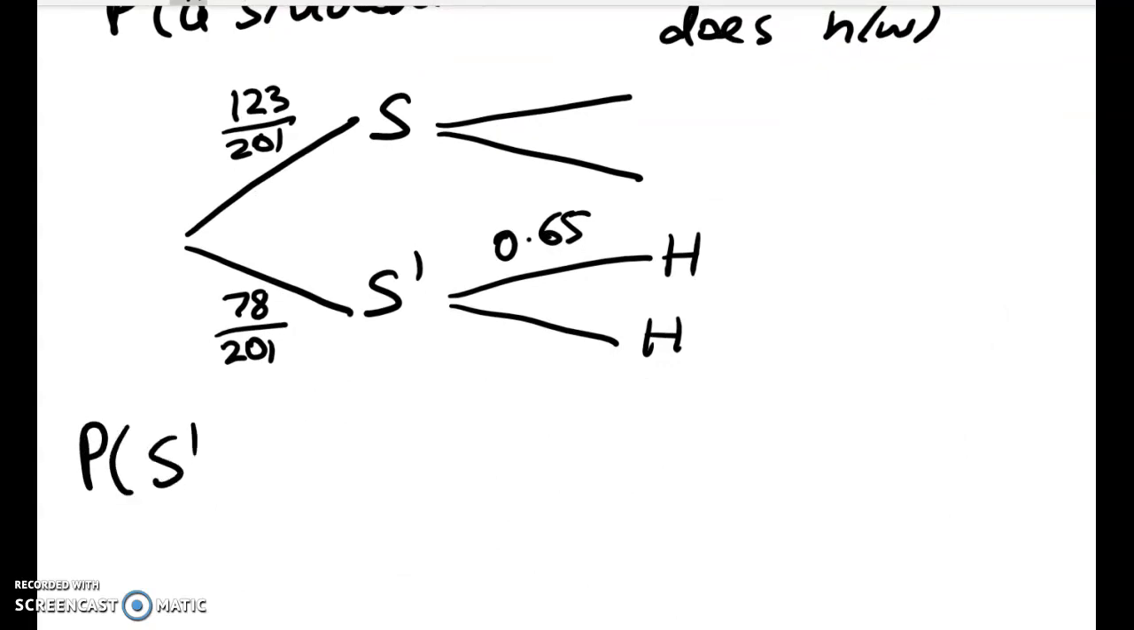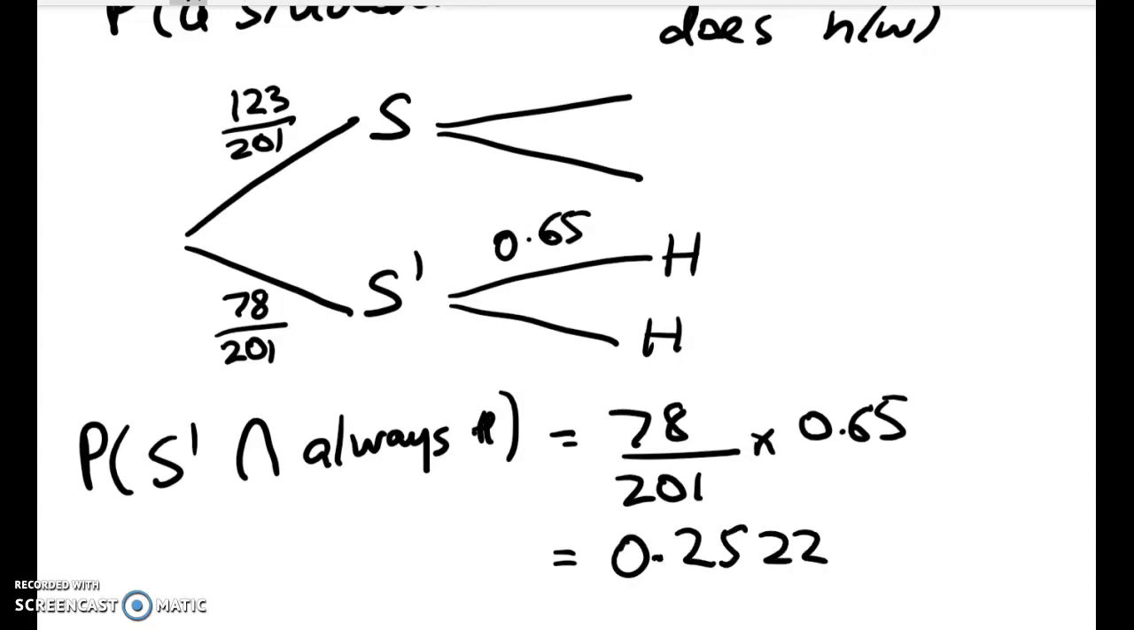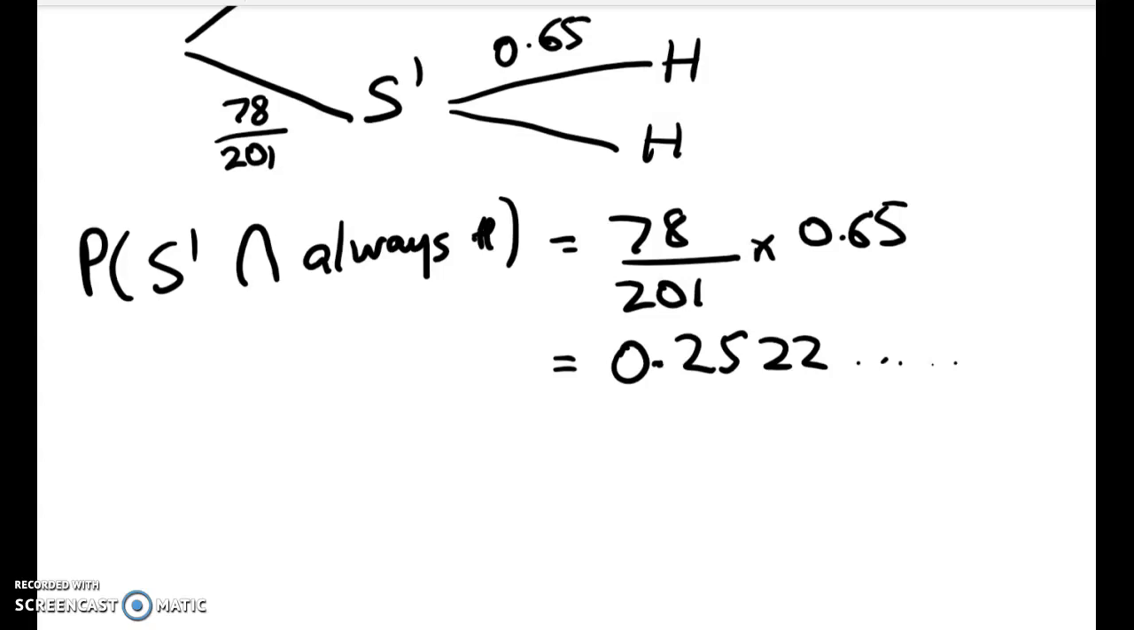So the probability of don't snore and always do homework is 78 out of 201 times 0.65. And some of you won't have bothered to do a tree for that, and that's fine, as long as you're thinking really clearly. But I find that it really does help me to put the tree down to make sure I'm not missing anything. So that gives me a probability for one student of just over a quarter, 0.2522. I've done that and I haven't rounded it for the next part,